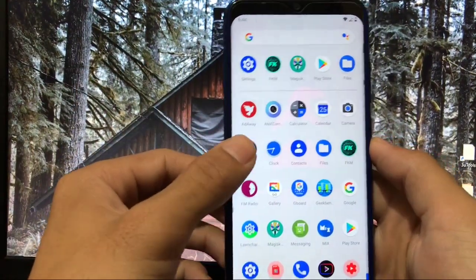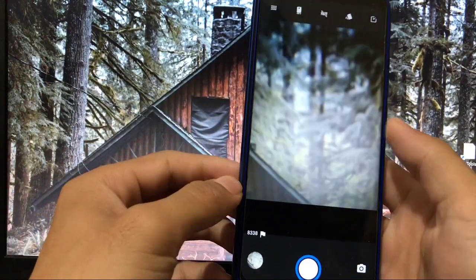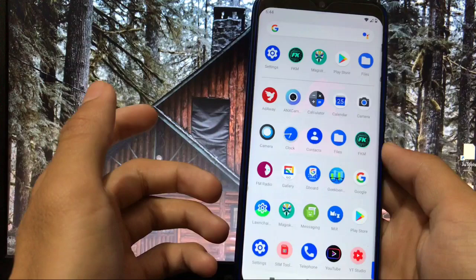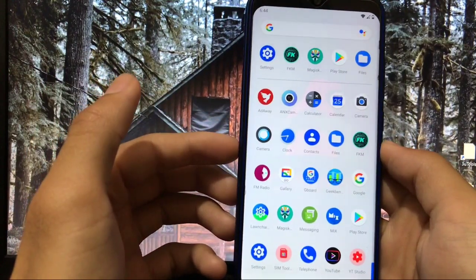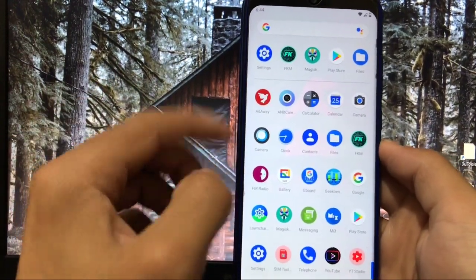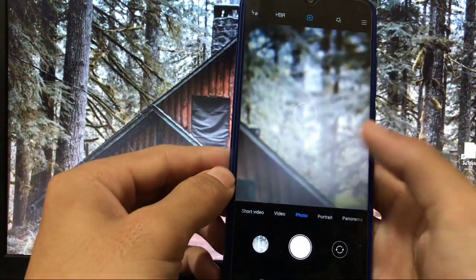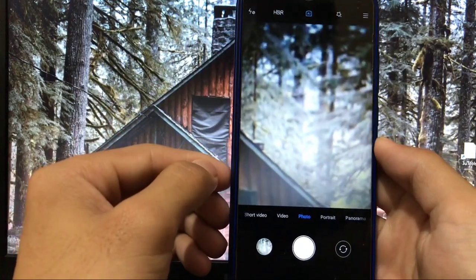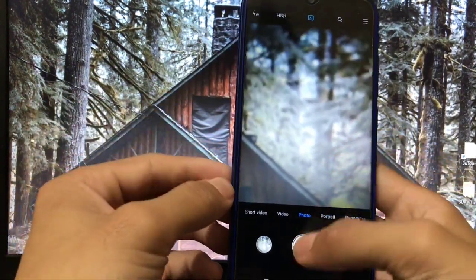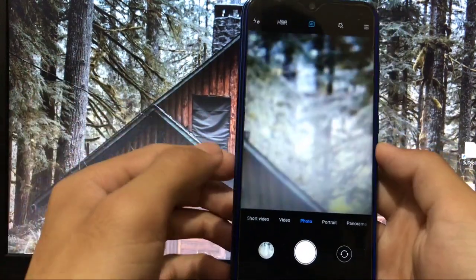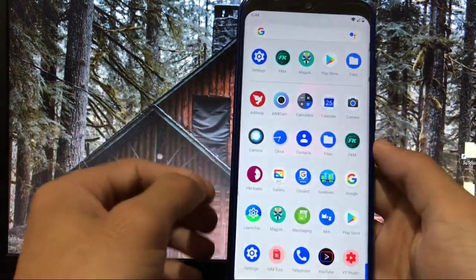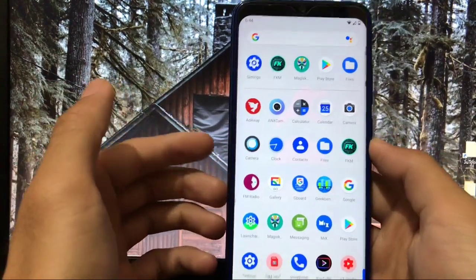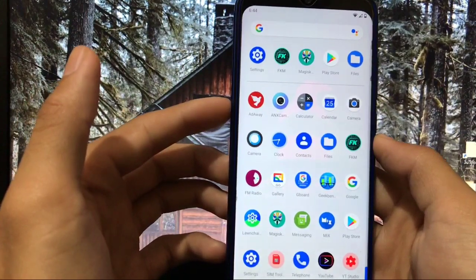First of all, let's take a look at the camera. The camera app you get by default is the normal Snapdragon camera, which is pre-installed. But in the official build you only get that camera app, while in my unofficial build you get the ANX camera also pre-installed. I've added the ANX camera. You have the option of AI mode, photo mode, portrait mode, and all of the modes are working perfectly. Unfortunately, you don't get the 48 megapixel camera here, but you have to compromise with that. I've just added this ANX camera. Still, if you want to use the MI camera, you can use the ANX camera here.